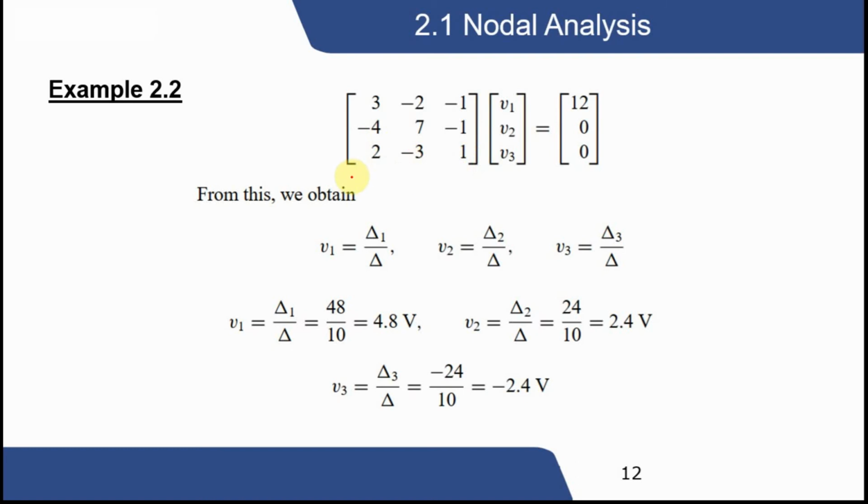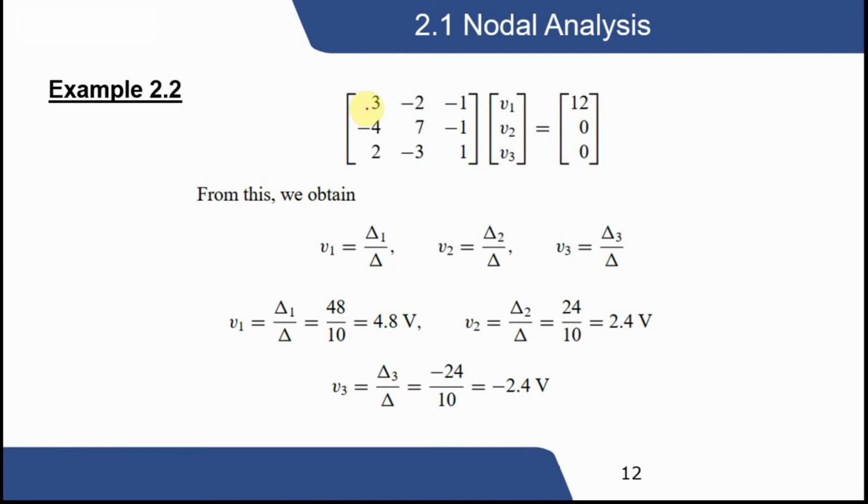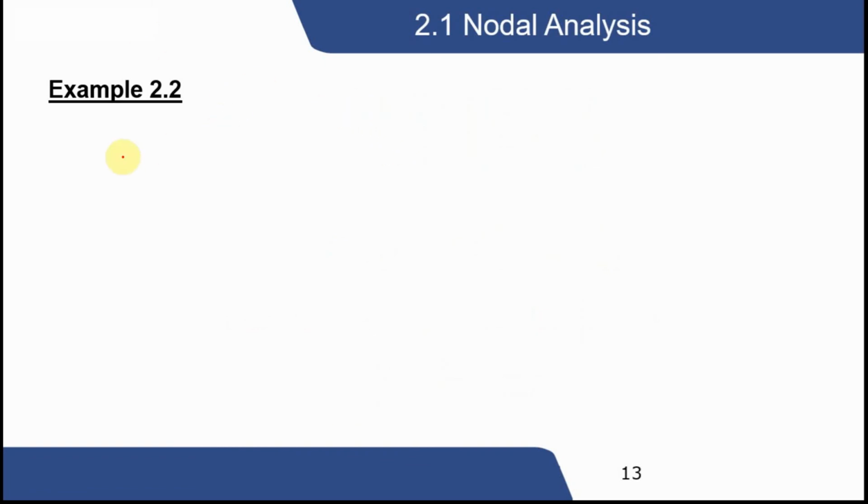So first we have to calculate the determinant of this one. If we see, this is 3, 7, minus 1, minus 3, 1, minus 2, and then we have to calculate this one. This becomes minus 4, 1, minus 1, 2. So we can write it like this: 3, 7, minus 1, minus 3, 1,